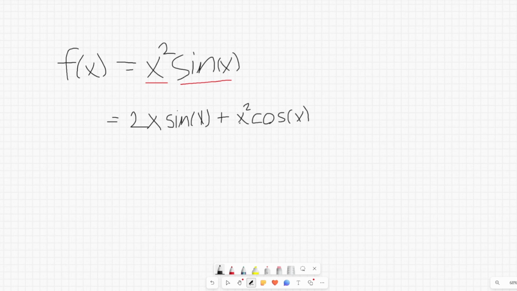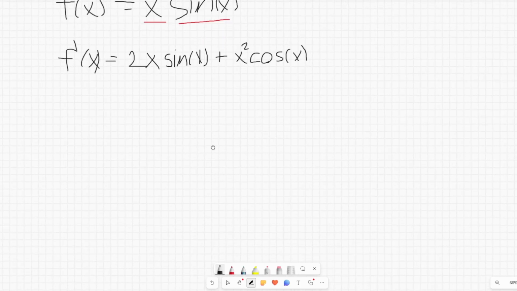And yeah, that's as simple as you can get it pretty much. So f prime of x is equal to that. All right, now we have another one. Let's do another one. We have